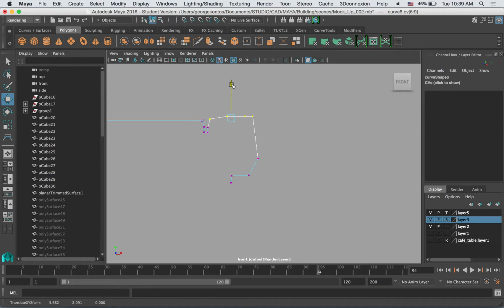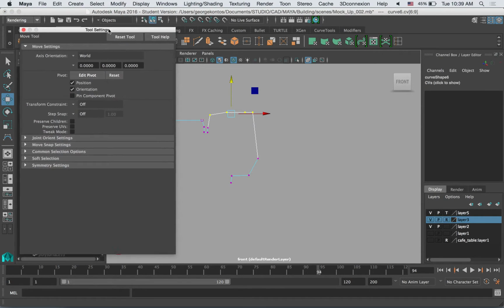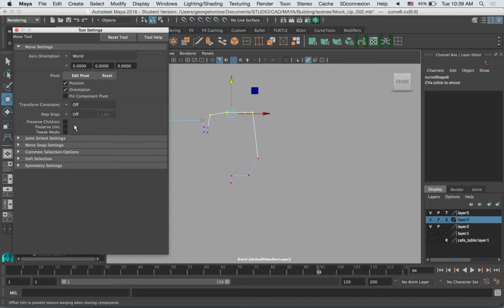If you want, there's a nice trick. If you want all of these points to line up with that point, that's a nice thing to know. You have to go to the Move tool settings. That's very good because a lot of times we want to line up many points to one specific point. Let's say this is the stationary one and we want to flatten these and line up with that guy. You have to go to the